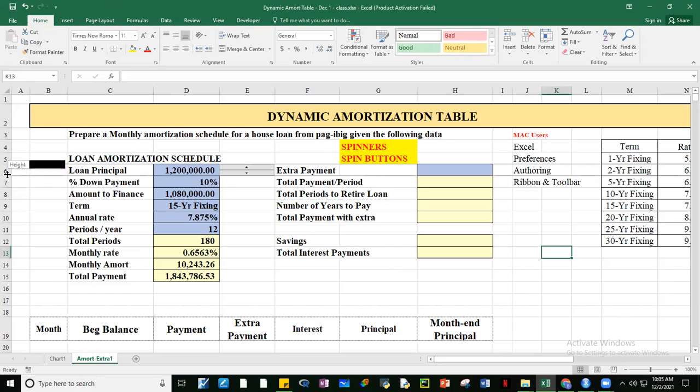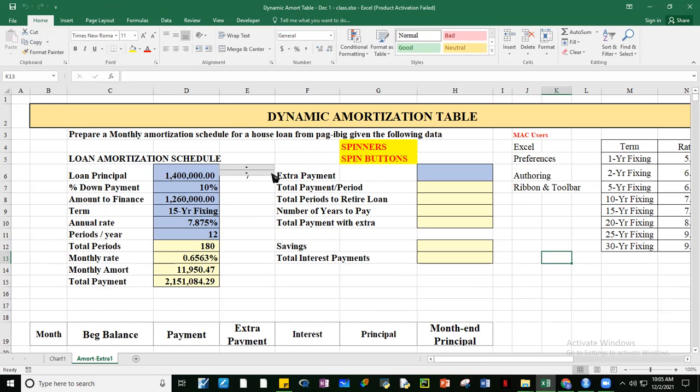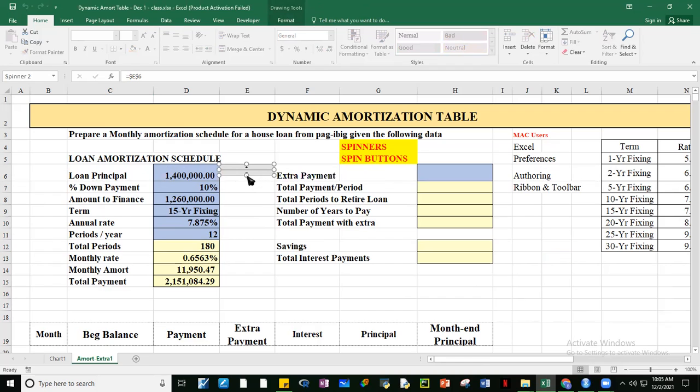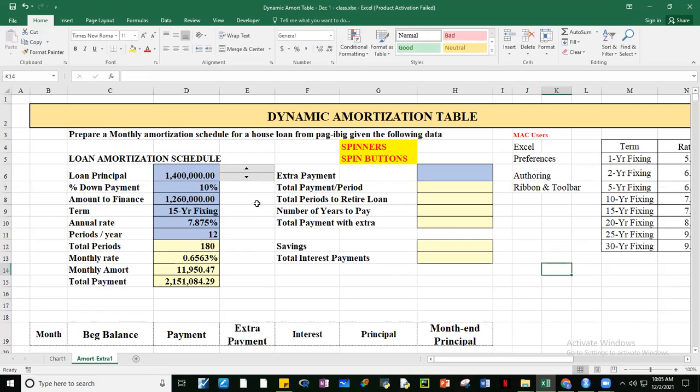So we now have a cell. We want to enlarge it a bit more. The cell it is linked to is not visible. So we can now use the spinner in order to generate values from 6 million down to